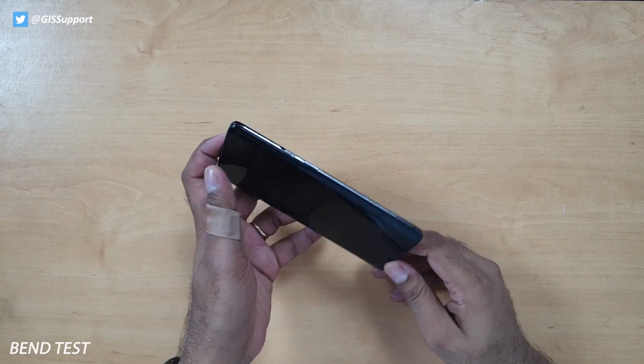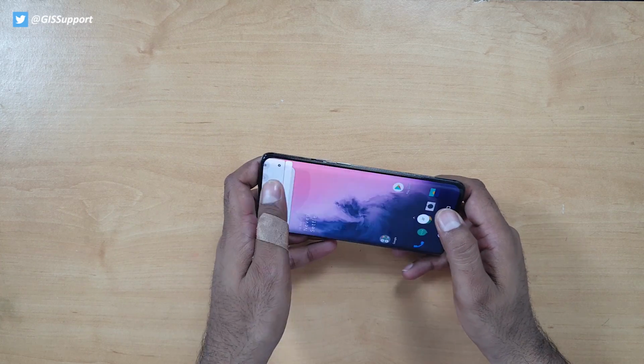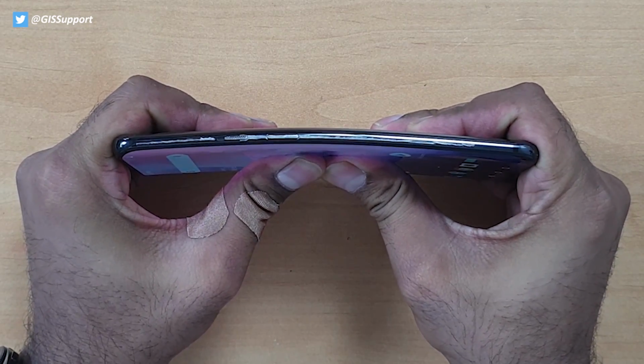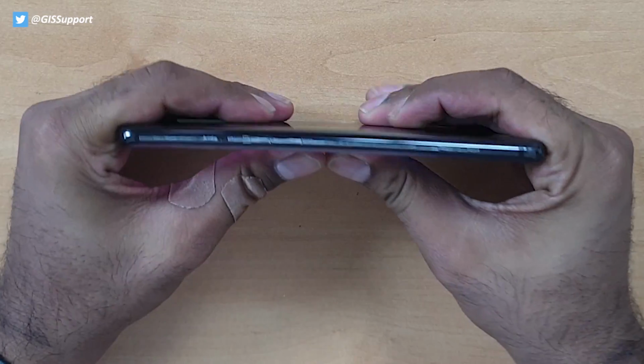Time to perform the bend test on the OnePlus phone. So far whatever phone of OnePlus we have tried, they all seem to be very solid. Aluminum 7000 is very great in terms of durability, but let's see if the curved display this time does any damage or not. So even with applying maximum force, I can see a small bit of flex, not too much,